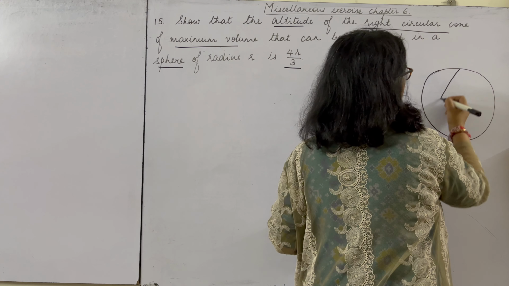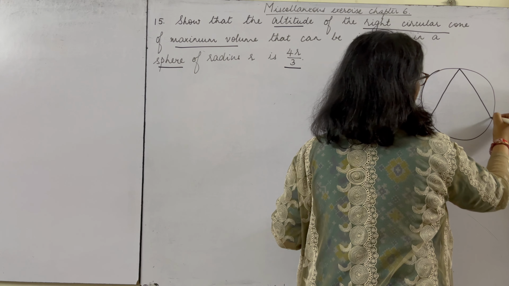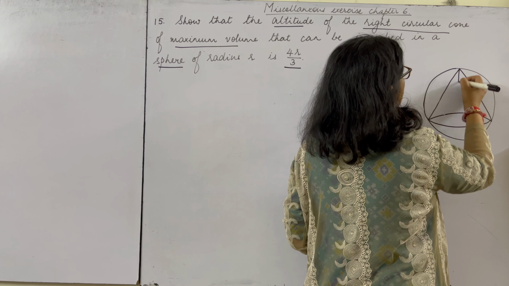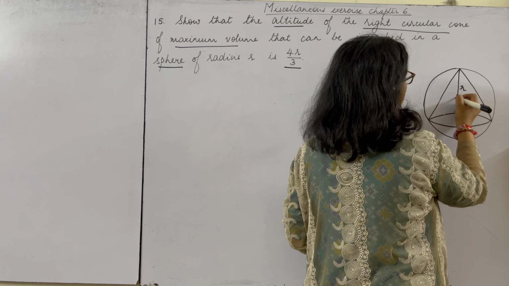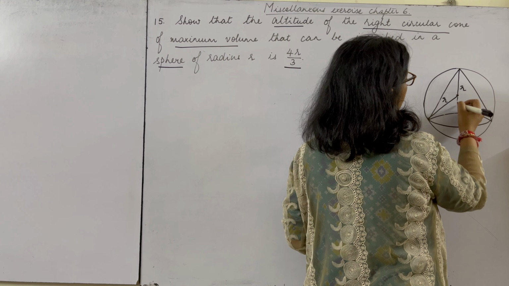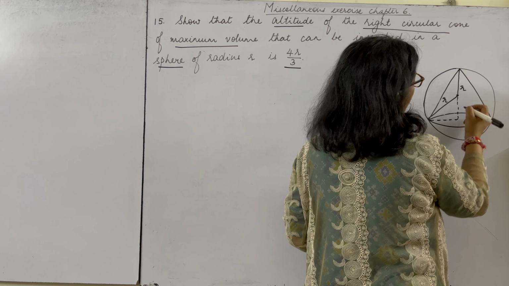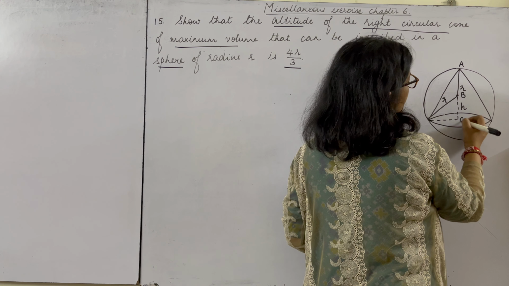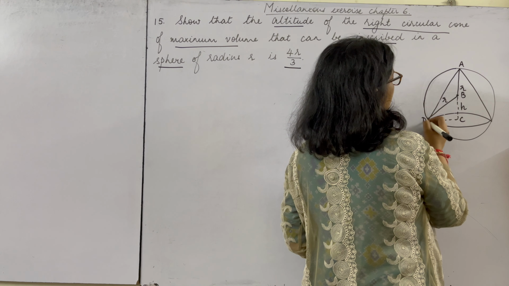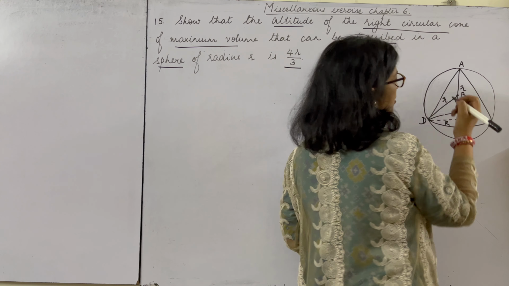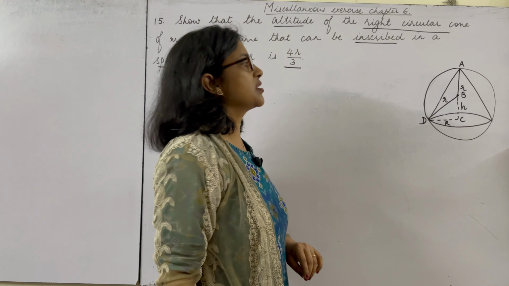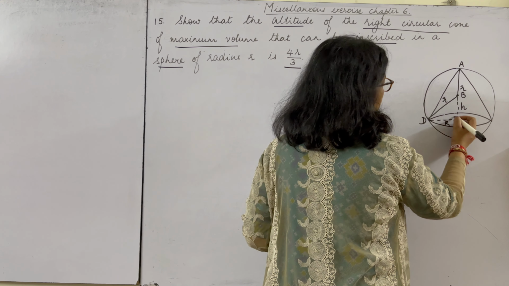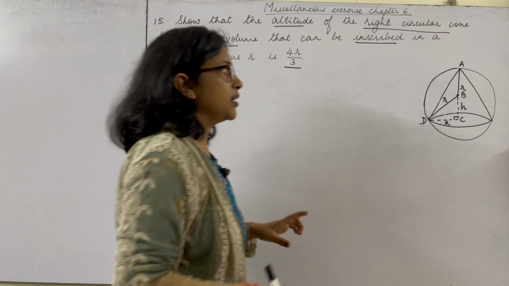and let's put a cone in this sphere. Now the radius of this sphere is r. So both of this will be r. We are going to take this, say BC as h and CD as the radius of the cone, which is capital R. Okay. And we know that it is a right circular cone, that is why angle C will be